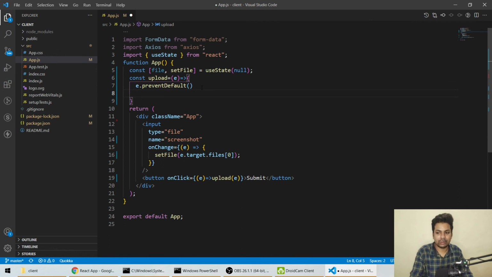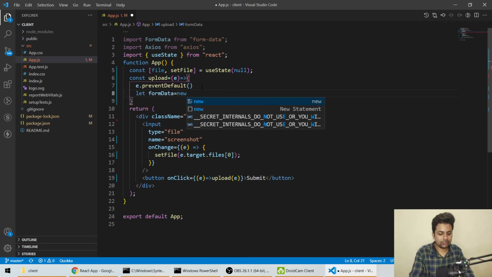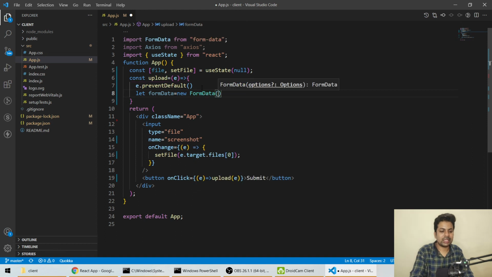After that we'll say let formData equals new FormData. So we are just making a new object.